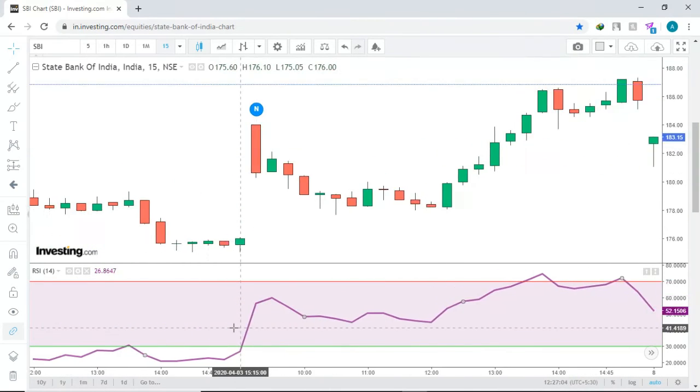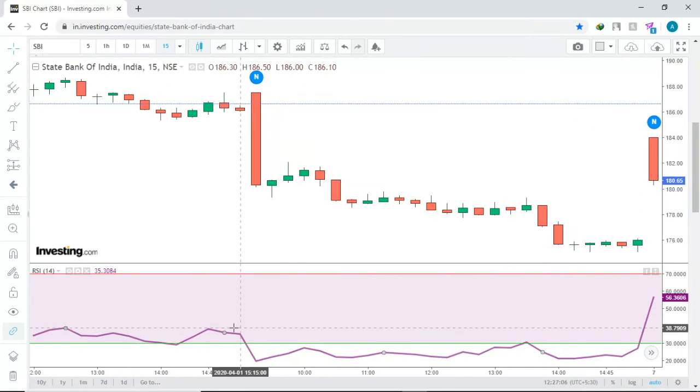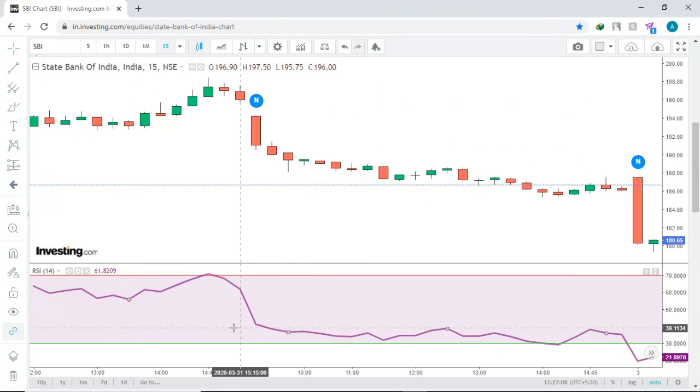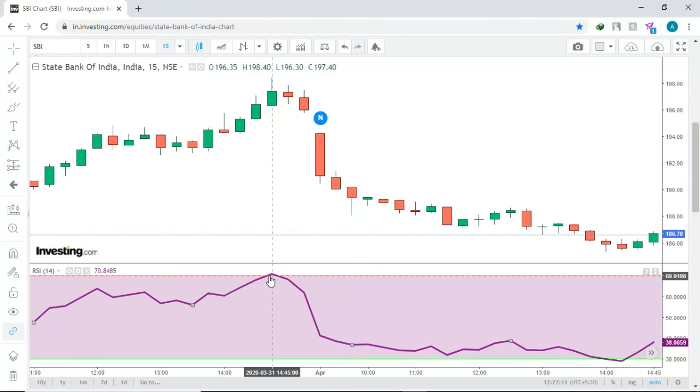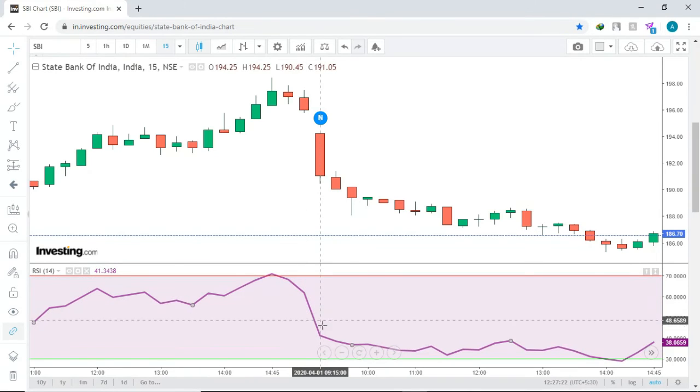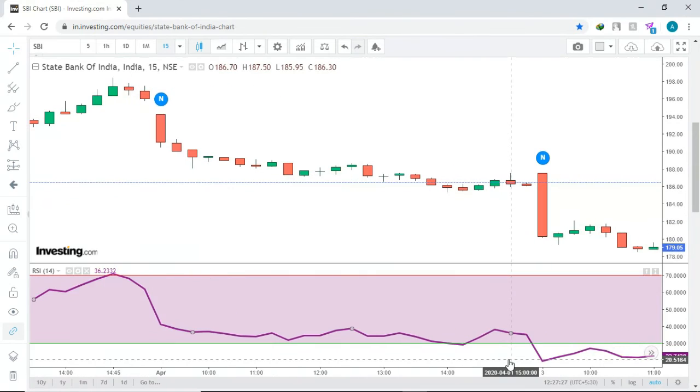I'll give you one more example. So look at this point also, same as it is. It has been in an oversold condition. As soon as it's oversold, after a point of time, it was showing some weakness and the sellers were entering the market. As soon as the sellers entered, the stock value came a little bit low and it was fluctuating here itself. At a certain point of time, again the stock was at this point, it was oversold. The previous point which I explained was overbought. Now it is in an oversold condition.